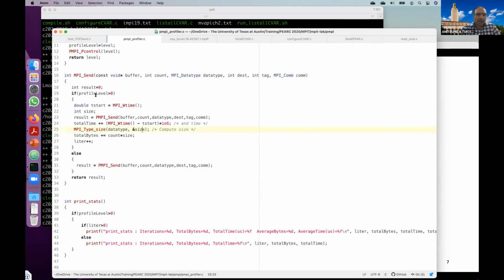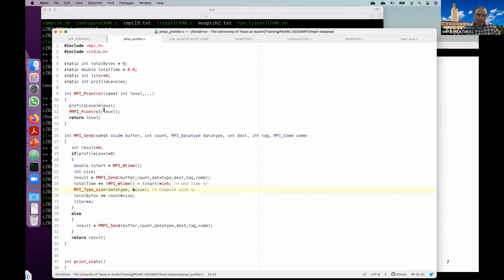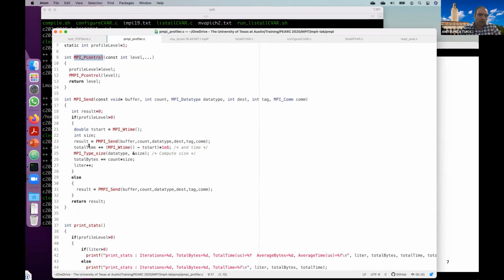As I told you, there is a function called MPI control. If the profile level set by MPI control is one, it starts the profiling, and we can turn it on and off to profile the time and the volume of bytes sent by this MPI send function.